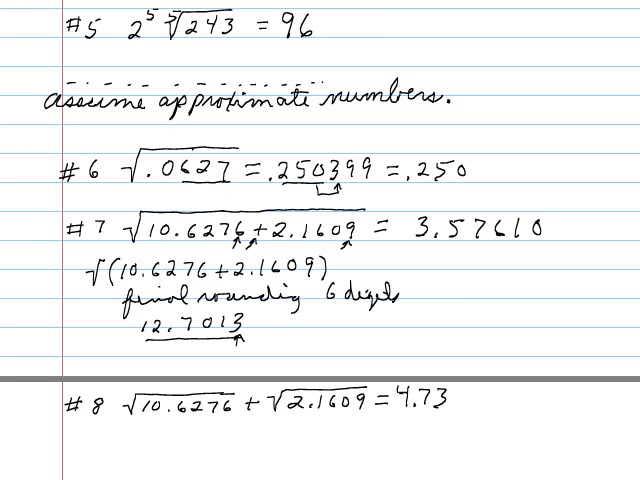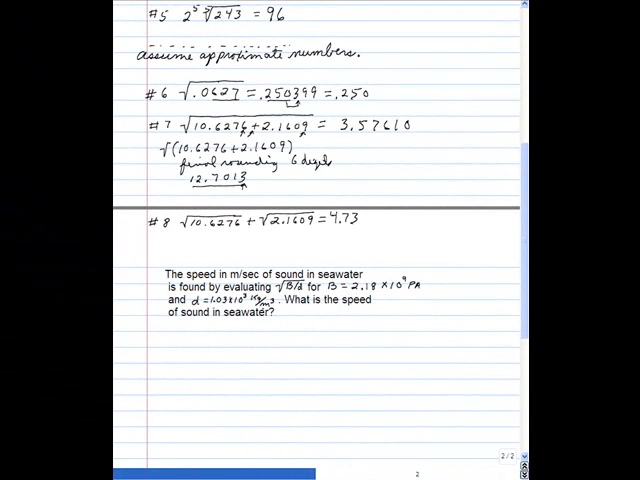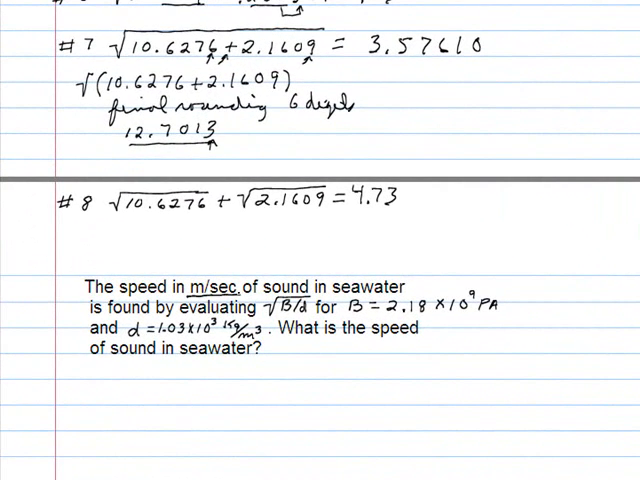B in this case is 2.18 times 10 to the 9th pascals, and D is 1.03 times 10 cubed kilograms per meter cubed. You don't really need to know all those units because he's already told you how the answer works out. It works out in meters per second, so whatever answer I get is going to be meters per second. So what we want to do is the square root of B over D. We want the square root of the number B, 2.18 times 10 to the 9th, over the number D,